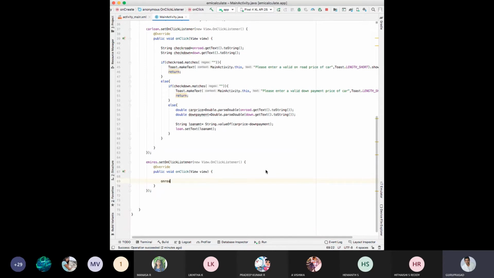First, what are the things you need to take? On road price, on road dot get text, to string, semicolon. Next, down payment, down dot get text. Hey, on road price and down payment is not needed. Okay, then loan, only loan dot get text, to string, semicolon.